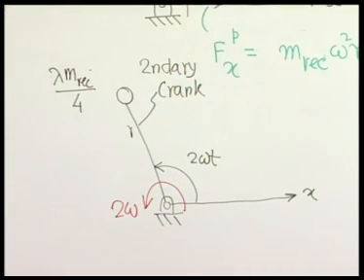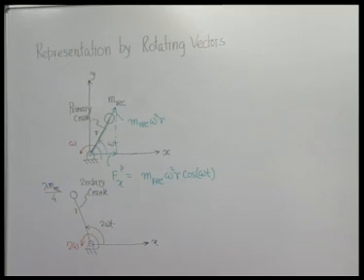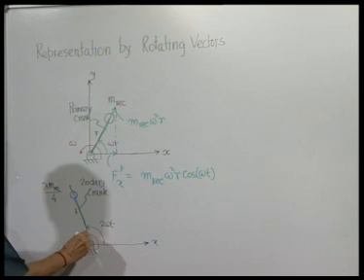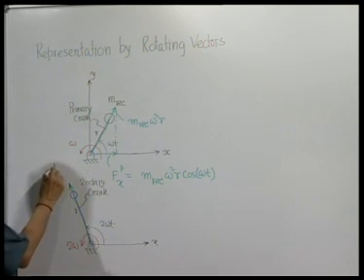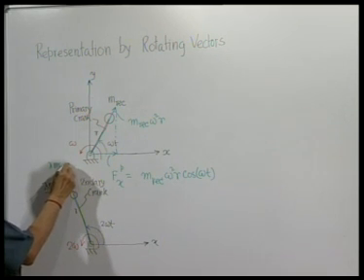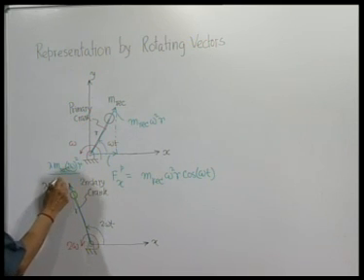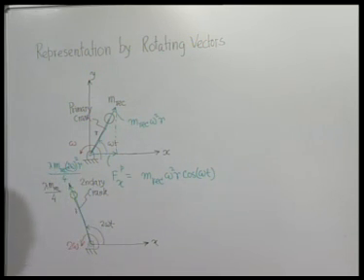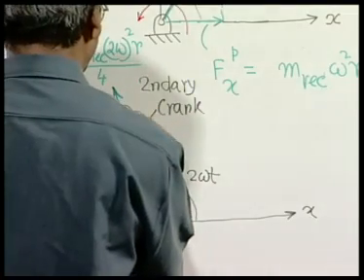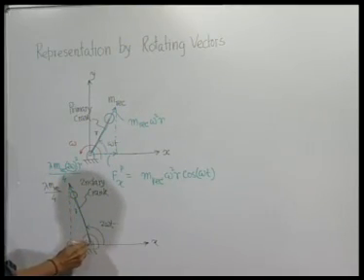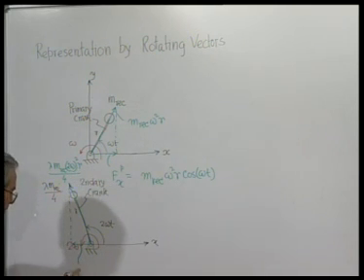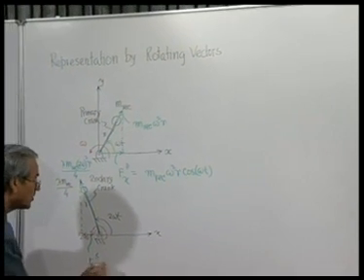The force which is produced by this rotating mass in this case is again a centrifugal force or unbalanced inertia force, and that magnitude is lambda m reciprocating (2 omega) square r by 4, and its component along the x direction, which we may call the secondary unbalanced force, will be equal to